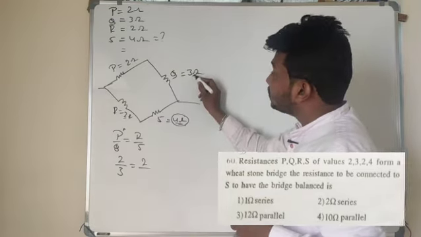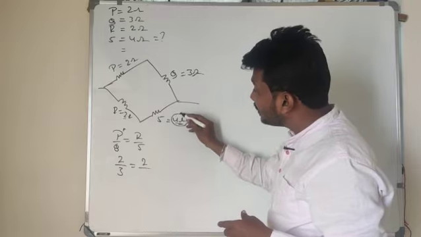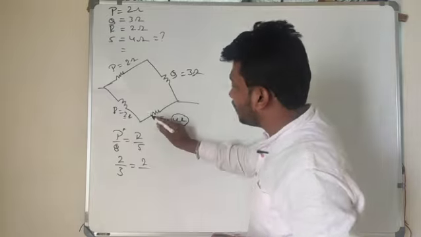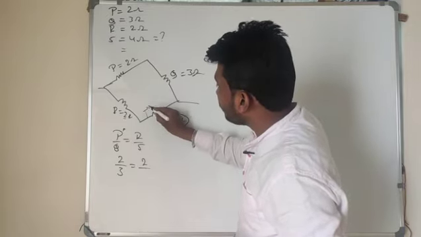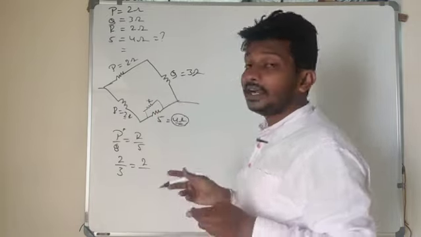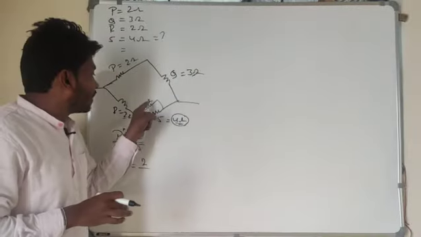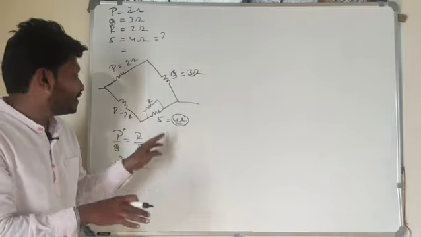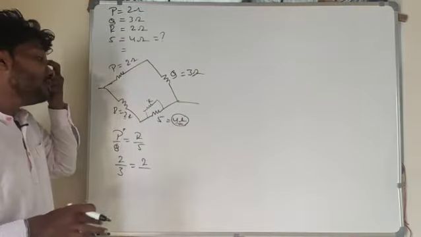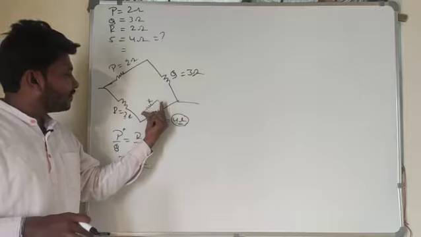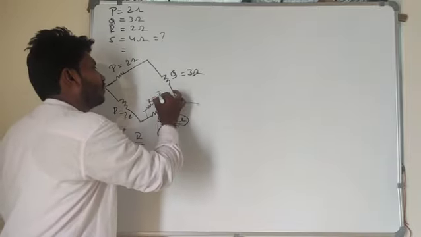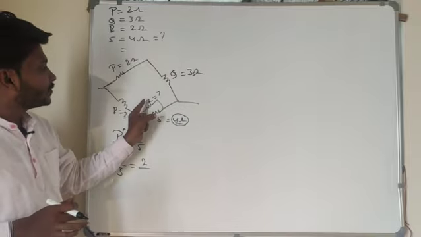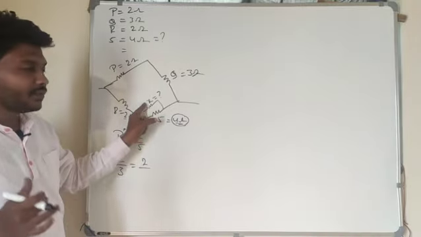To reduce it to 3 ohm, I have to decrease the value of resistance at S. Decrease means I have to take it parallel. For that S, I will connect one more resistance in parallel. If you connect one more resistance in parallel to S, the value of that S branch will decrease. So how to find it? If I connect it in parallel, I have to find what its value should be, in order to get the same 3.